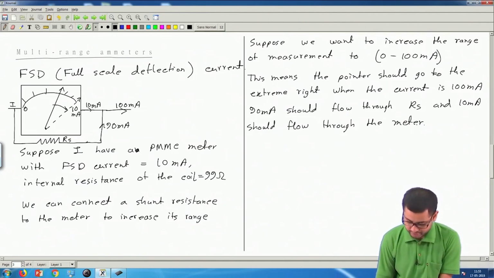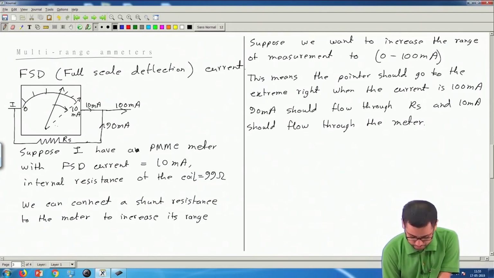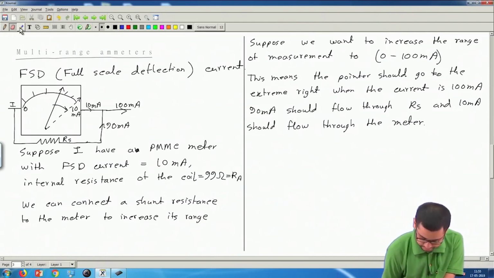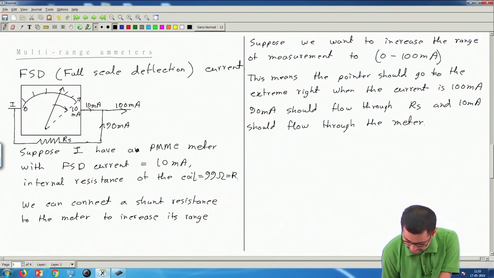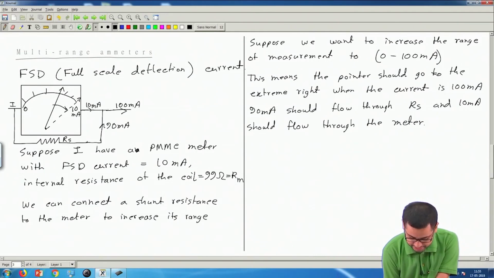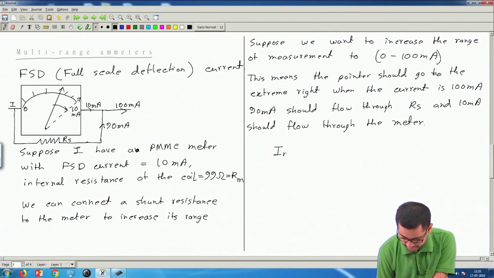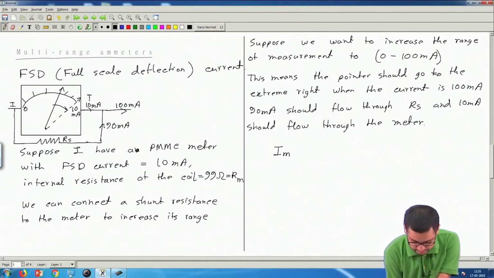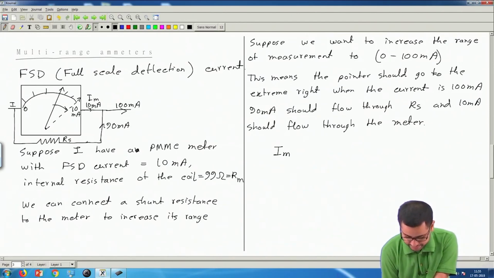Okay. So now if we know that the internal resistance of this meter, 99 ohm is given, call it Rm, M for meter. So this is the meter resistance, and this is Rs, and the total current is 100 milliampere. So we can write that Im, that is the meter current, is only 10 milliampere. So this will be given as I, this is I, 100 milliampere